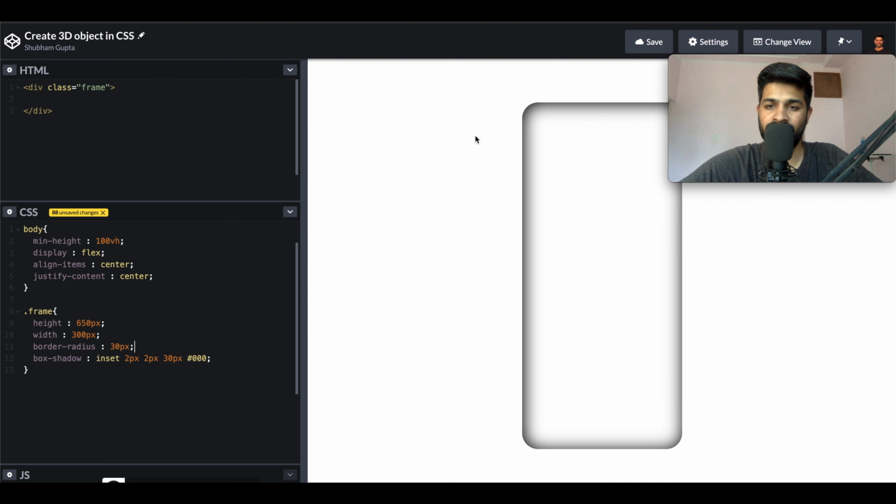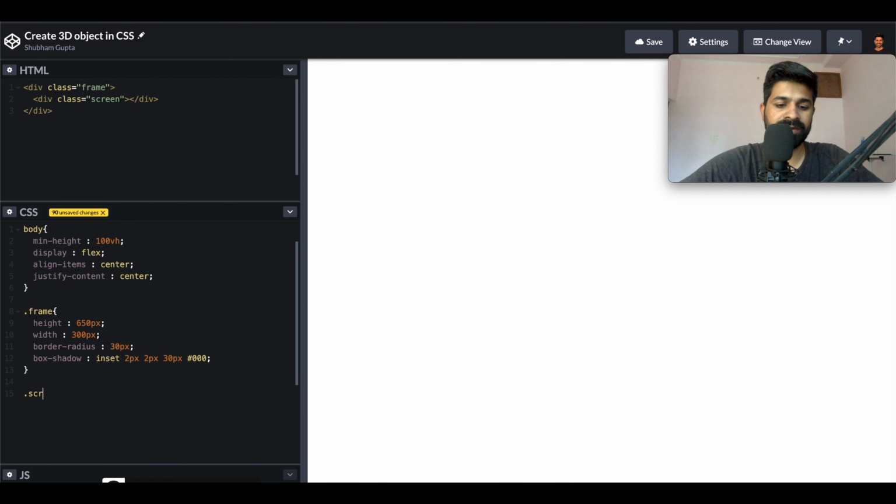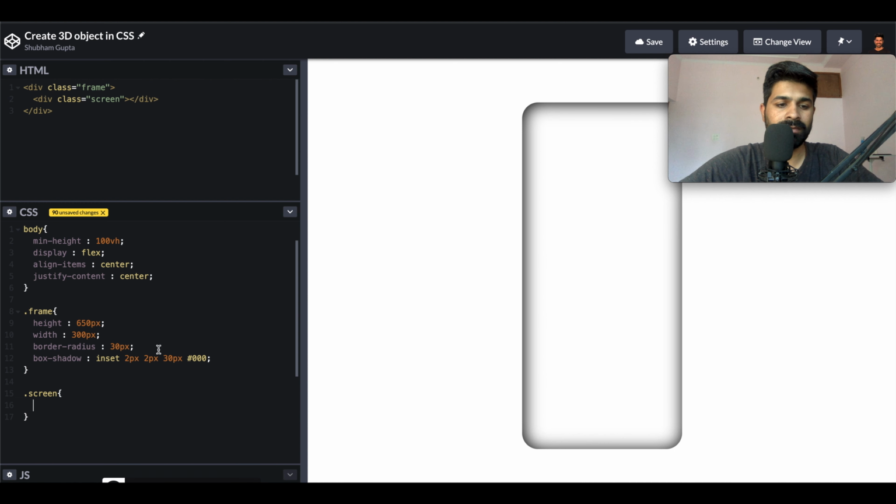Yeah, so I hope you can see this. It's a kind of beautiful thing to observe. Now in the frame I'm going to write div class equals screen. I need to give the screen within this, and that screen has to be centered in this frame.